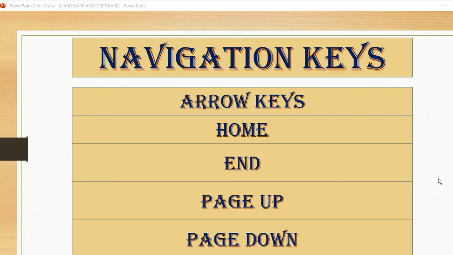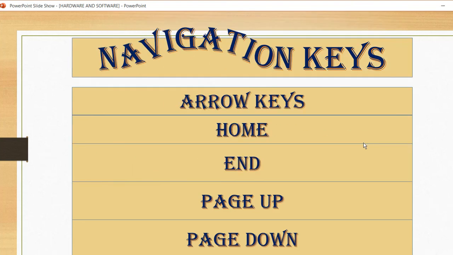Next key is page down key. Page down key is used to move the cursor down by one screen. It means if you want to go to the next screen, that time you can use the page down key.